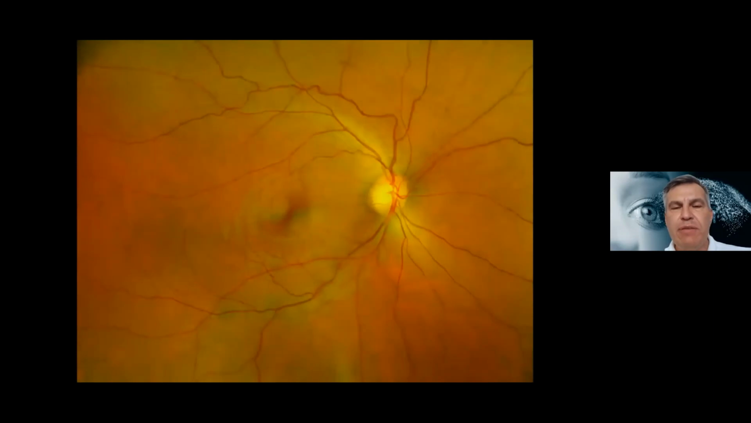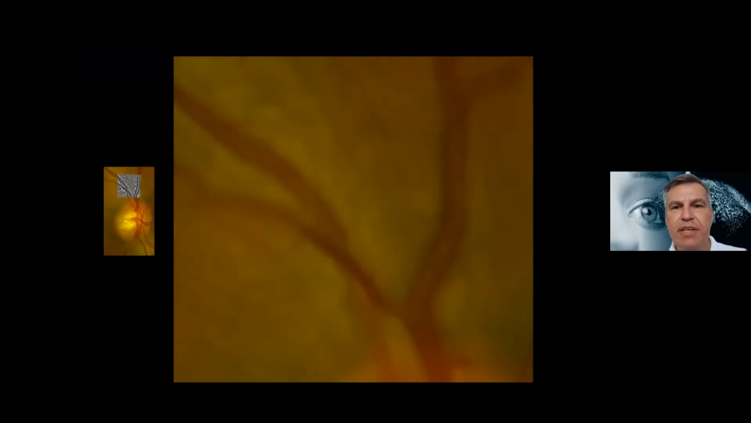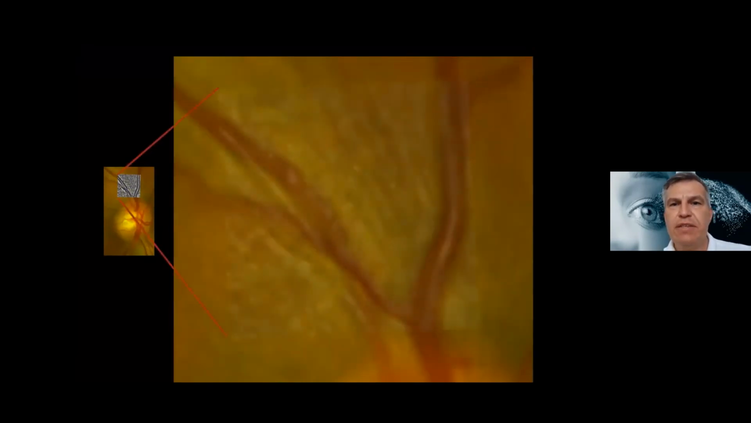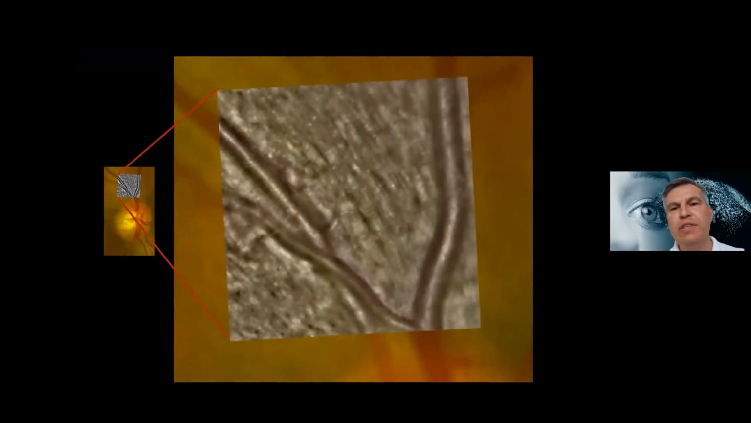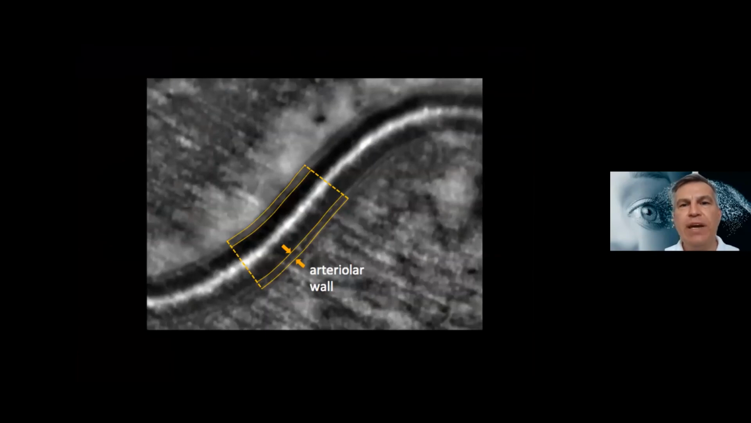And I will show you some examples now when we have here the vessels. This is the optic disc here. And when you look with adaptive optics, it's this here. So you see the nerves and also the vessels. You can calculate the thickness of the vessels, and I think it's very important that we also check the vessels,